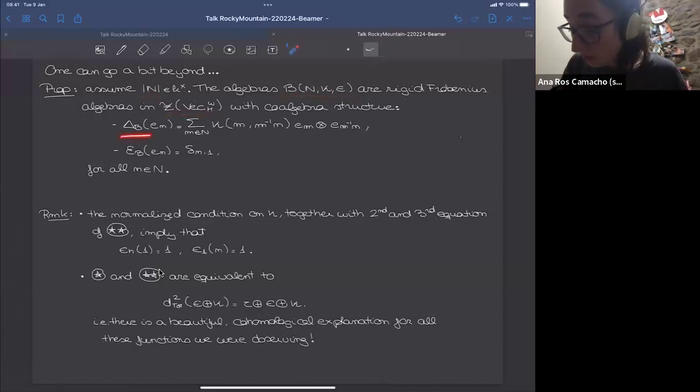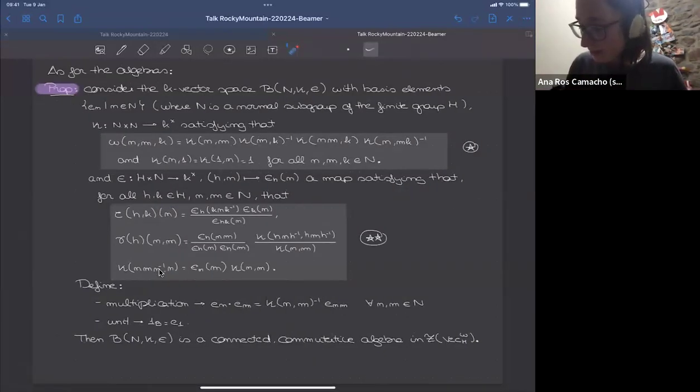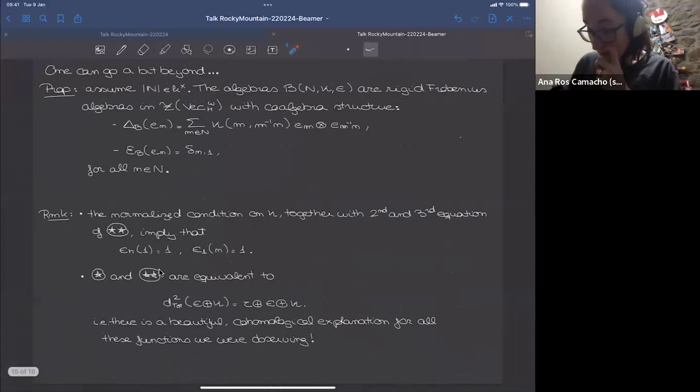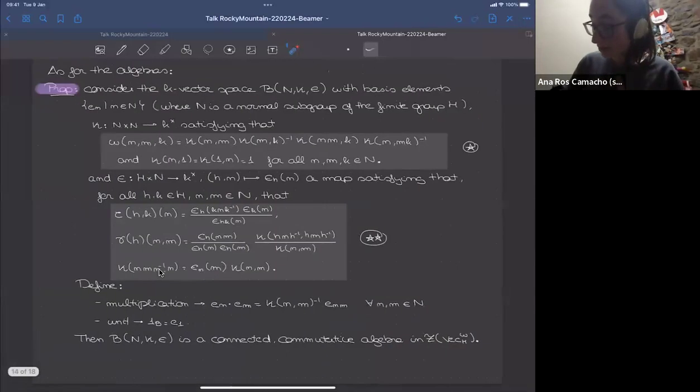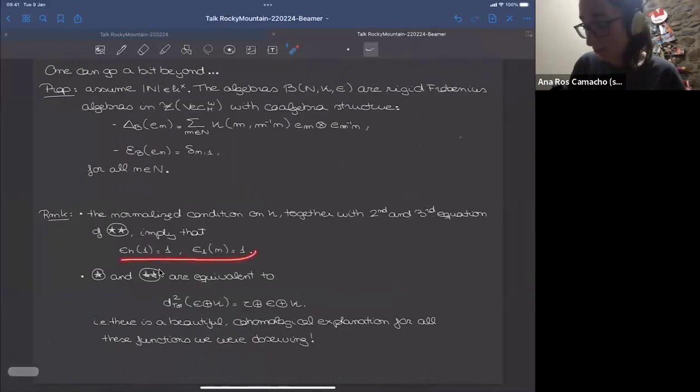So the co-multiplication could be described in this way, just some product of basis elements with some kappa going on. The co-unit was just a delta, something really easy. So you may be missing some sort of normalization condition for the epsilon in here. Well, actually, this normalization condition on kappa together with these two conditions in here implies some normalization condition